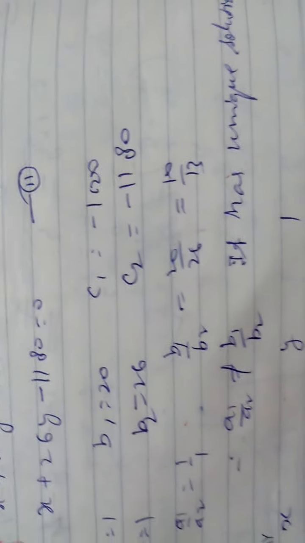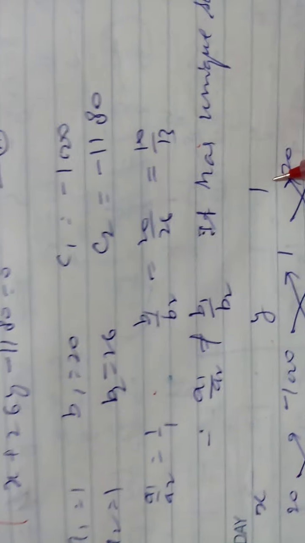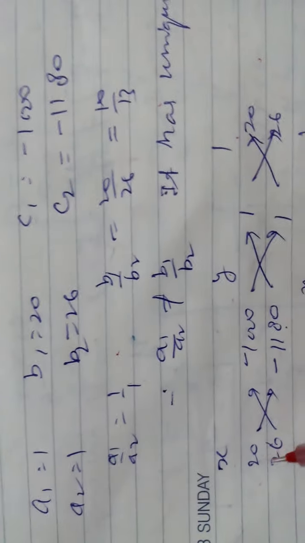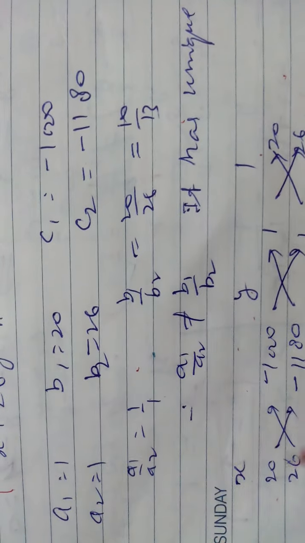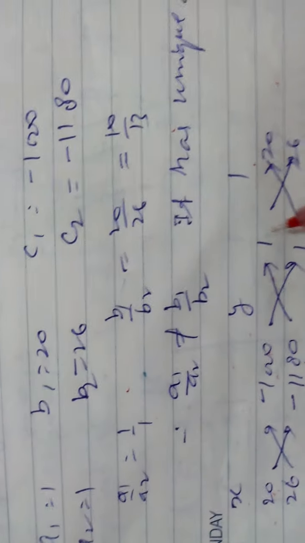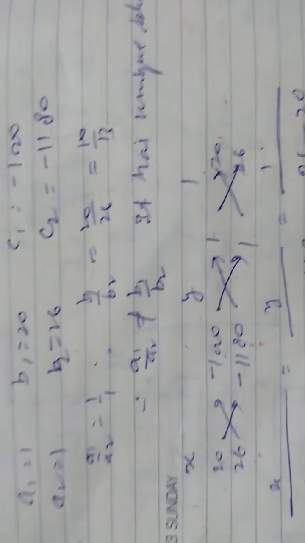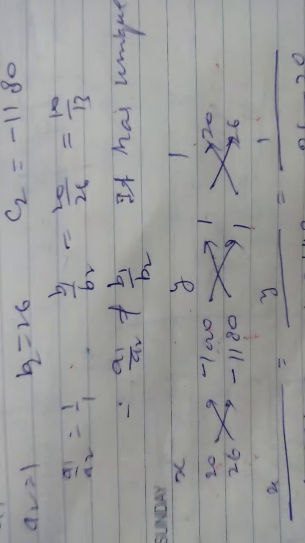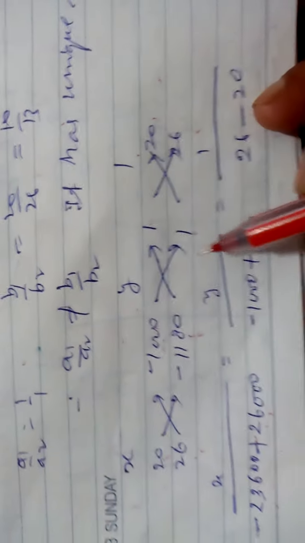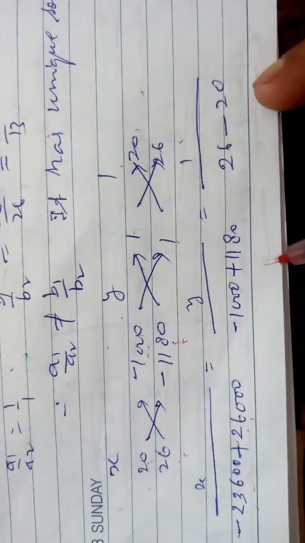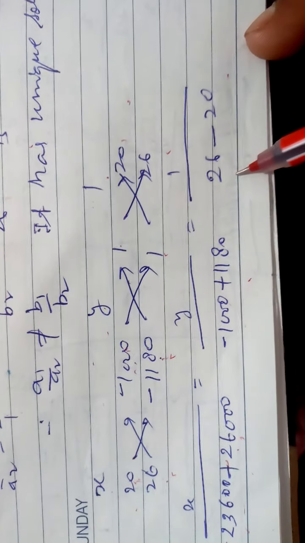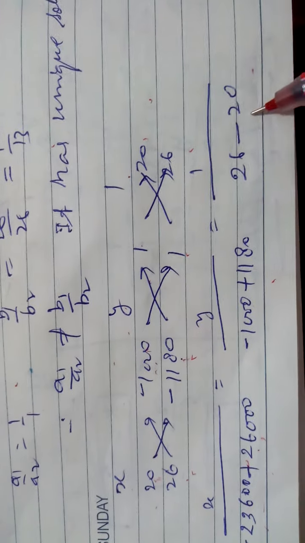Now I have told in the cross multiplication method you write the variable and constant, and then write the coefficient of y from the beginning, at the end, and at the base. So B1 B2, then C1 C2, A1 A2, again B1 B2 I have written. So 20 into 1180 minus 26 into 1000, that is minus 26,000, but minus of the formula sign, minus minus plus. Similarly, you are getting here 26 minus 20. 26 into 1 is 26 and 1 into 20 is minus 20.